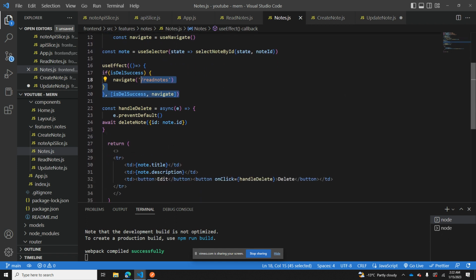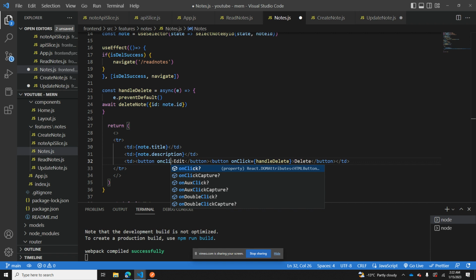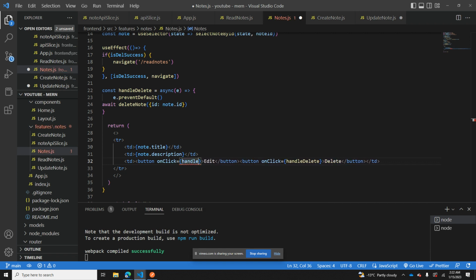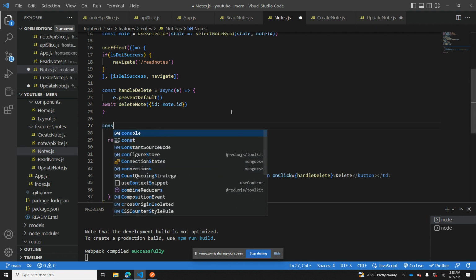Okay, so let's go down. So handle edit, I'm sorry. So on click handle edit. Okay, so once this is clicked, let's copy this and let's create a function to handle this edit first, because without doing that we can't do anything. We can't even go inside this update node component. So const